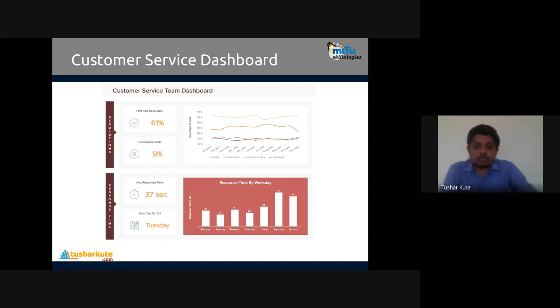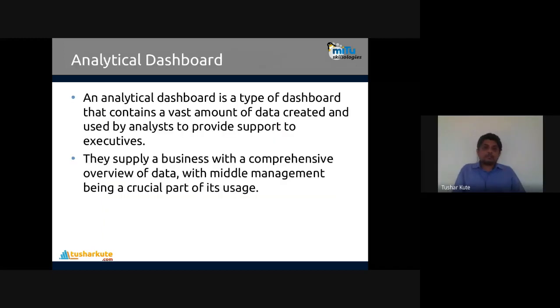Okay, so based on the day of the call, the time required to resolve is 22 seconds on Wednesdays, that we can analyze. So this kind of analytics can be given from the customer's point of view. So the customer will call on Tuesday, and the 37-second average response time is what the customer service dashboard is showing. So the services connected to the customers, and their analytics and operations, will be shown on the customer service operational dashboard. So how the services are actually in operation and used, you can see from this kind of dashboard. Yeah, this is the second kind of dashboard that we are implementing.